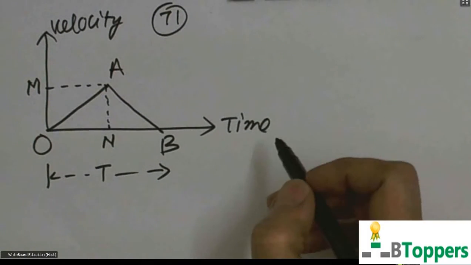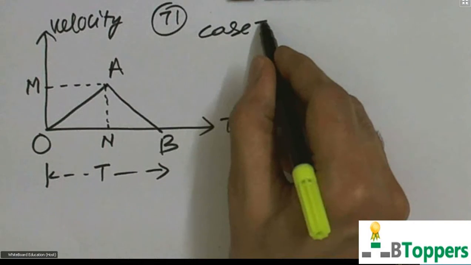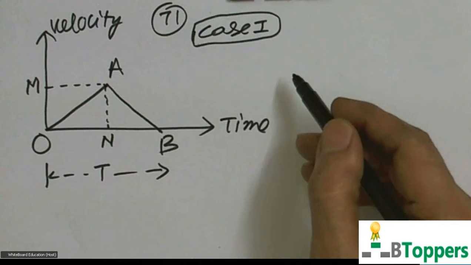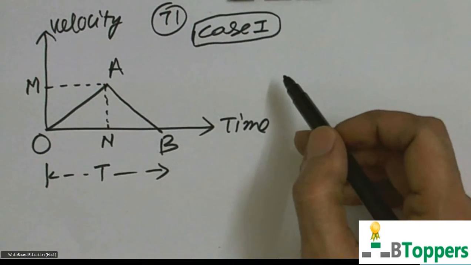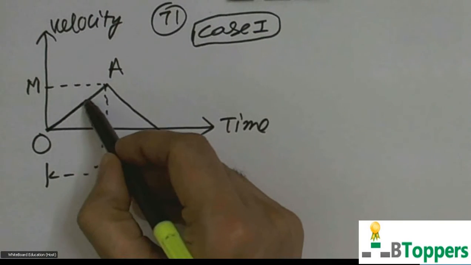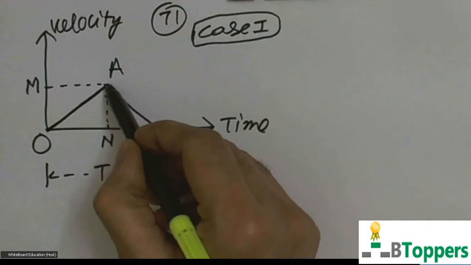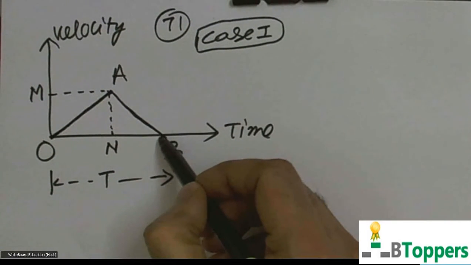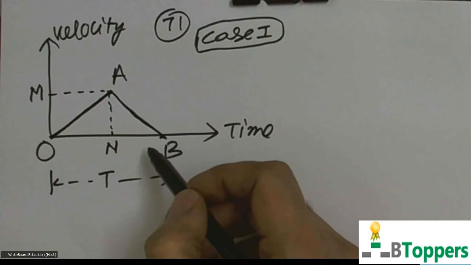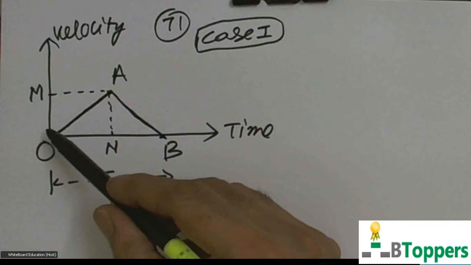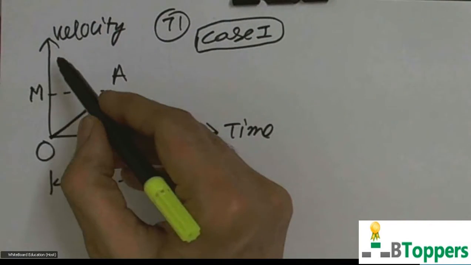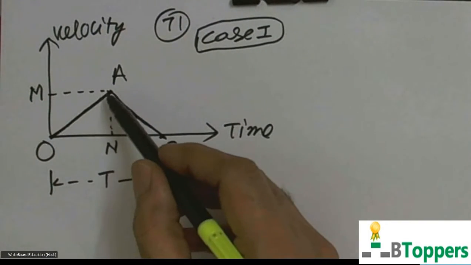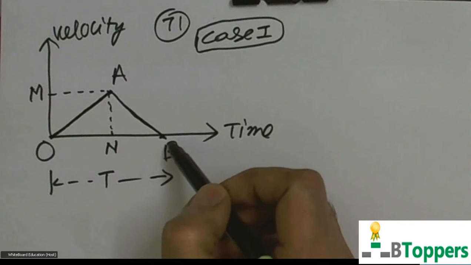So this problem comes under special case 1, in the special cases in velocity time graph which I have discussed. It is given that the train moves between 2 stopping stations. It starts from rest at one station, then moves with uniform acceleration for part of the journey, and then moves with uniform retardation for the remaining journey, and finally comes to rest at the other station. Its velocity time graph or speed time graph will be as shown in the figure.